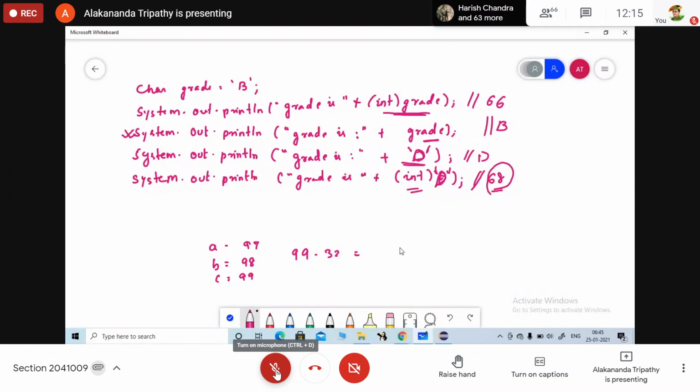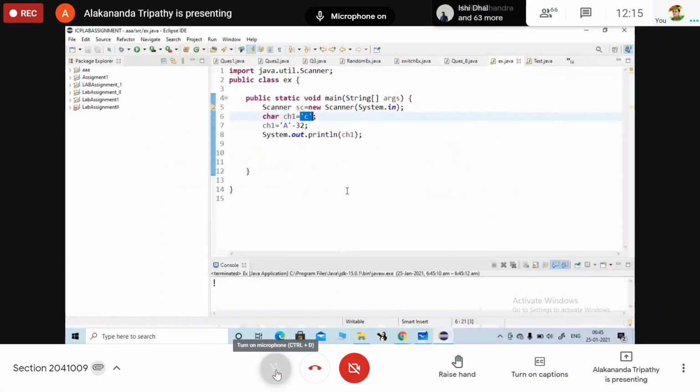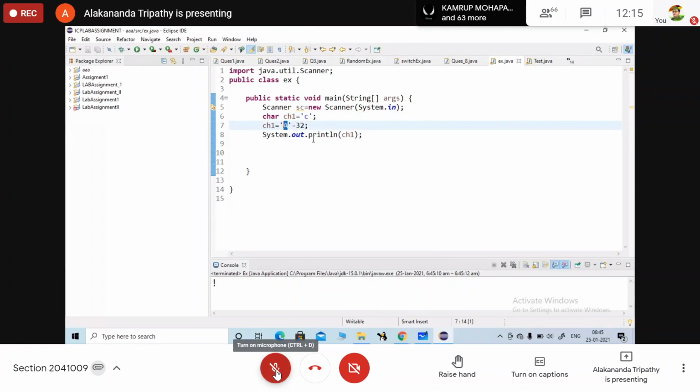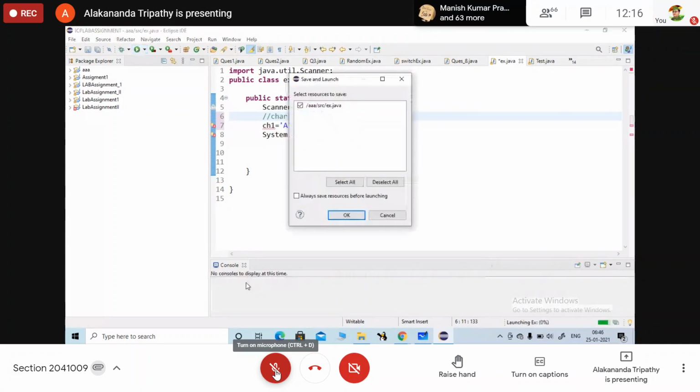Capital C, 67 came. And here if it will be capital A, then you are getting some other answer.